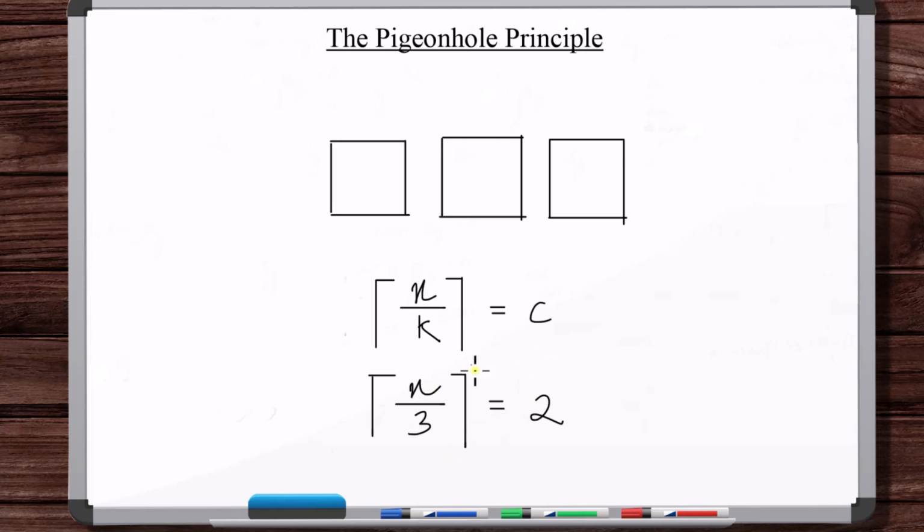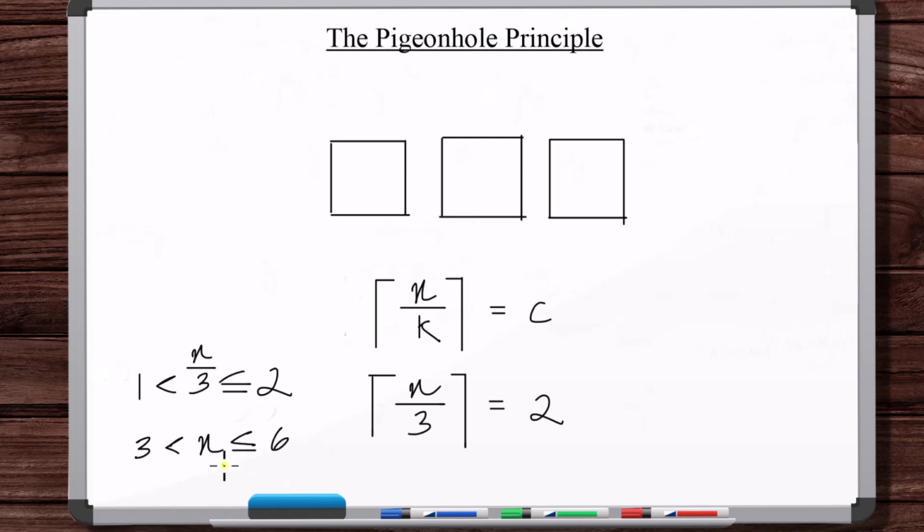So n divided by 3 is some number between 1 and 2, including 2 but not including 1, right? n could be equal to 2, but it can't be equal to 1, or else the ceiling function would be equal to 1. Or no, wait, that's not right. No, this is n divided by 3. So I guess I am sort of going into the specifics a little bit, but n divided by 3 can be exactly equal to 2, that's fine, or it can be greater than 1, not equal to 1. So if we multiply this entire 3-part inequality by 3, we've got